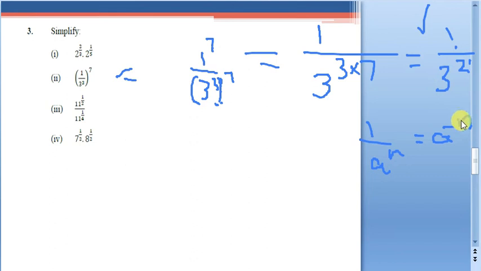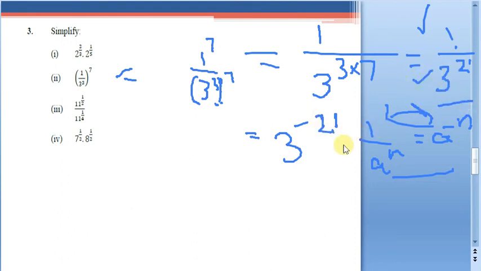But if you want to further simplify it, how can you simplify it? It is 1 by a power n, so we can use a power minus n; they can be interchangeably written. So the same can be written as 3 power minus 21. So this is the actual answer, but if it is not convenient for you, you can leave the answer at the previous step, no problem. So that is about the second part.